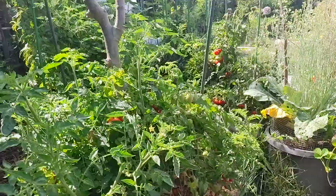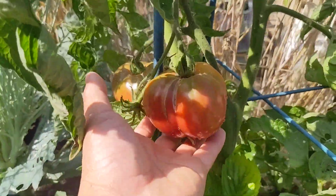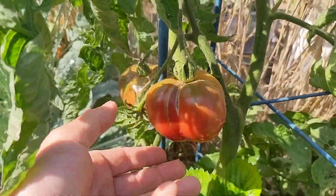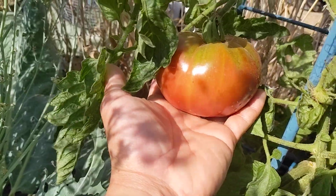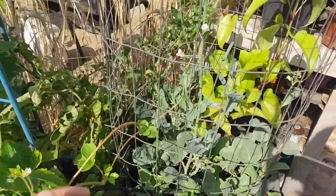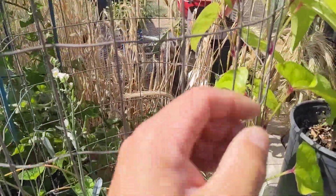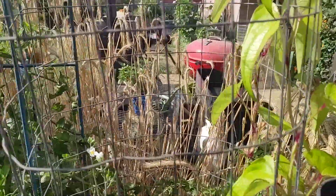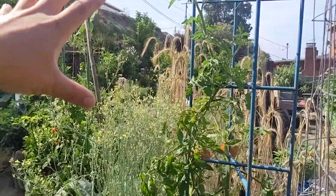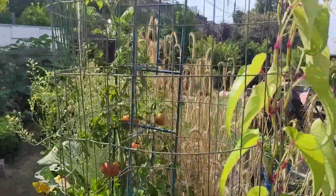Let's see, what else is over here that I don't want to forget? Oh, I almost forgot to show you two things. This is the Craig LaHoyer Cherokee Purple. So we have some nice fruit on here. And then our first planting of ube. The vine's growing up, looking very pretty here. And then I'm gonna take you over to the rest of our garden in the backyard and show you the